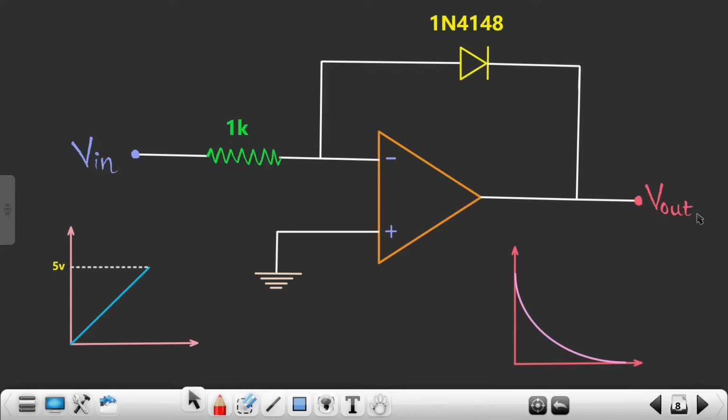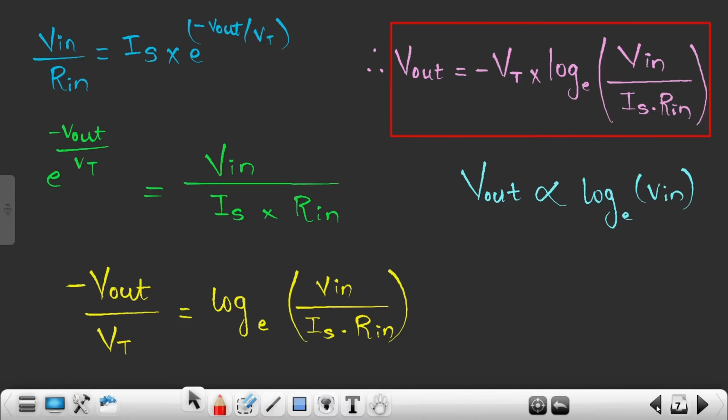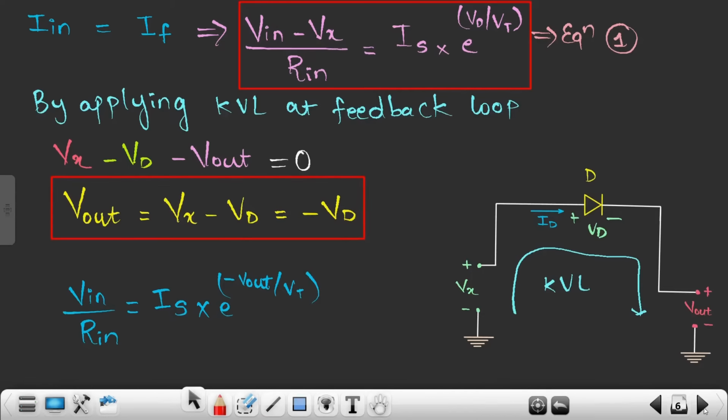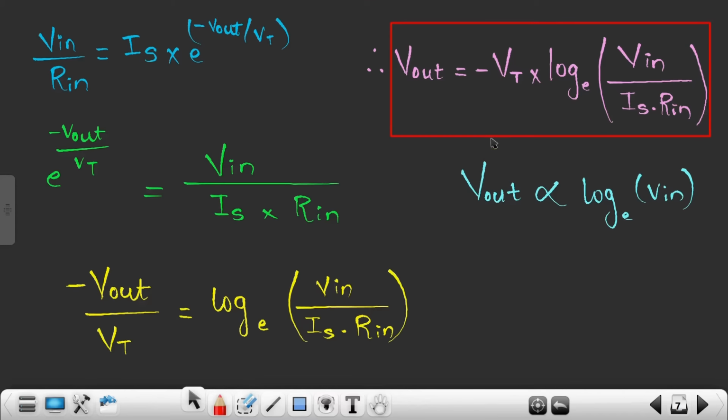Hello engineers, welcome to the new video of the course, and in this particular video we are going to simulate one circuit, that is a logarithmic circuit, which we had seen in the previous session. If you could remember, in the previous session we had seen this particular circuit theoretically, and we had deduced the formula for it. That is, this was the formula,